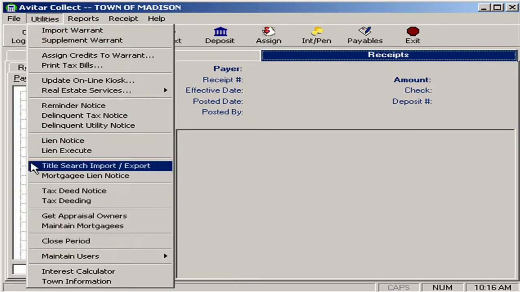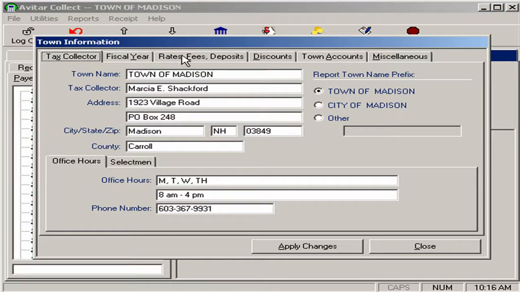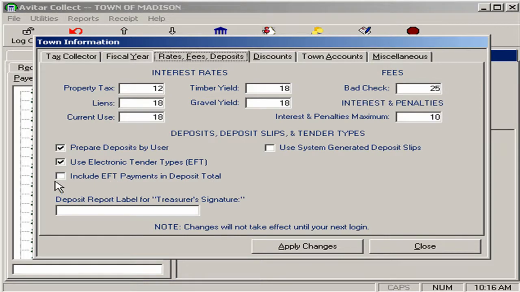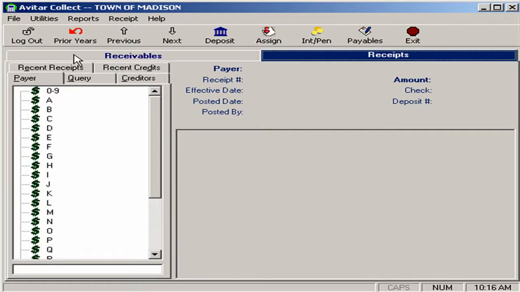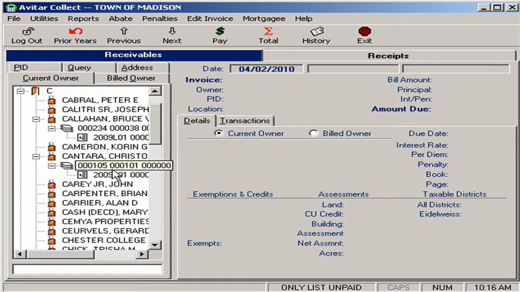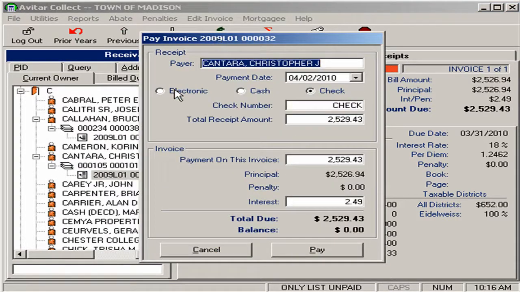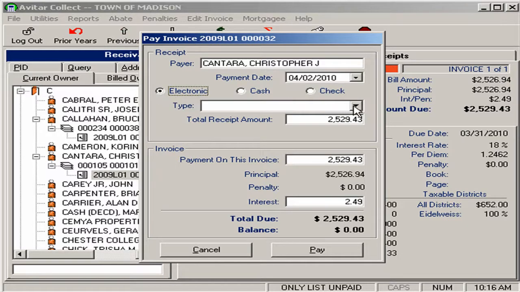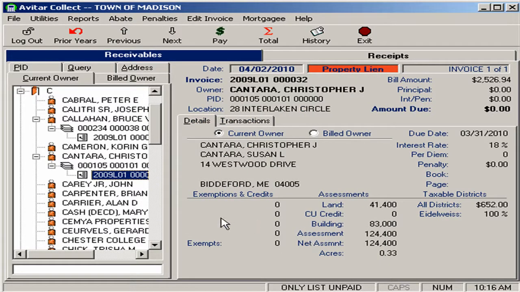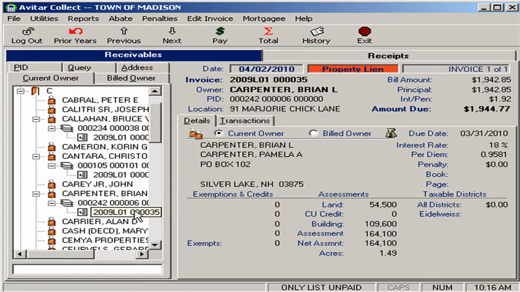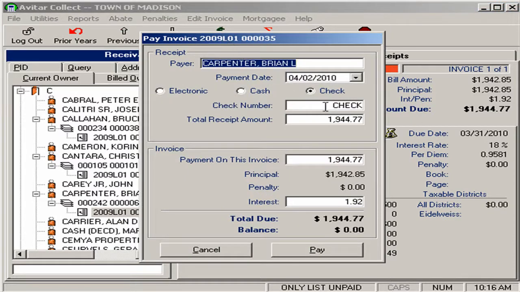You go to Utilities, Town Information, Rates, Fees, Deposits, and this time we're going to include the EFT payments in deposit total. Apply changes, close. Now we'll make a payment. We'll select electronic and this time we'll do American Express, and we'll hit pay. I also want to show you what it will do when we make a cash or a check payment. So we'll select another person, pay, select check,